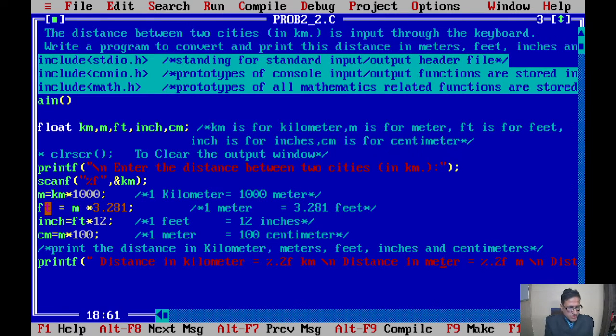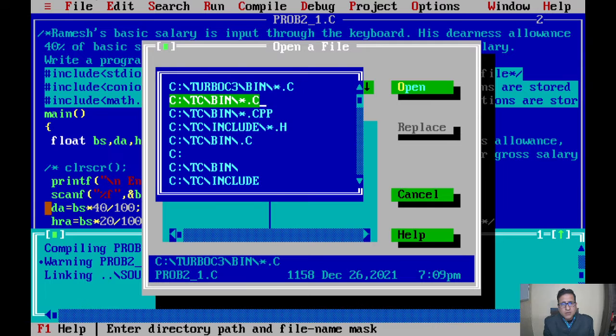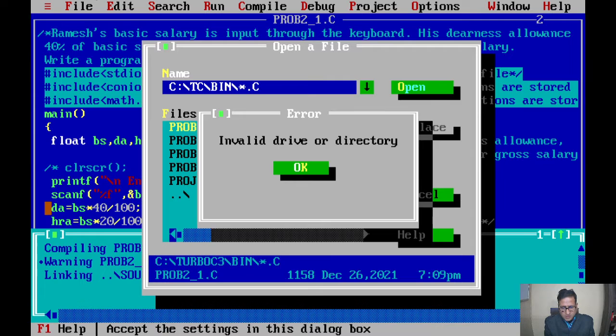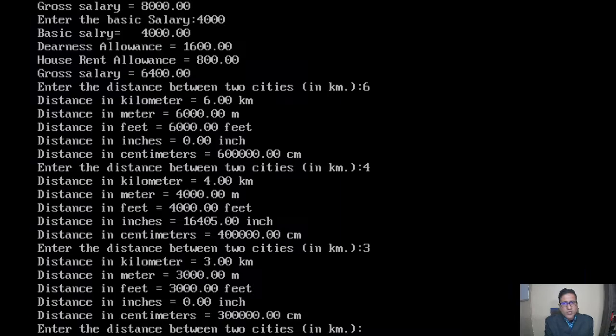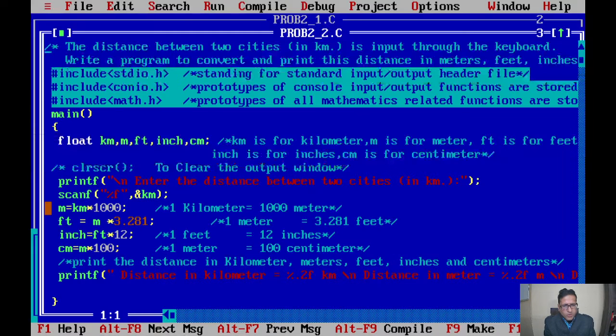Okay, I am closing this tab and we'll try to open it again. And go for it, right here, Alt F5. There is some problem occurring in this program. So we will rectify it and give in the comment description what the problem is. You can try it at your end also.